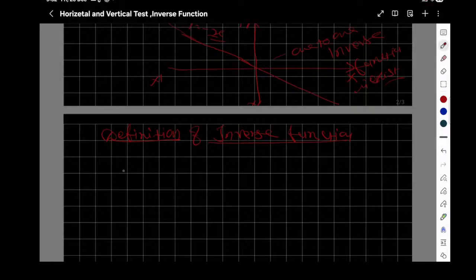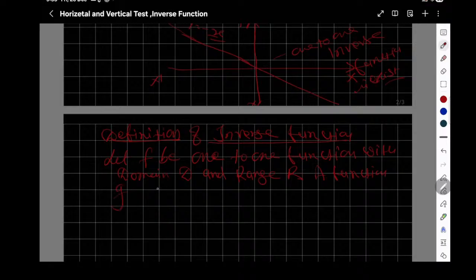Definition of inverse function: let f be a one to one function with domain D and range R. A function g with domain R and range D is the inverse of f,